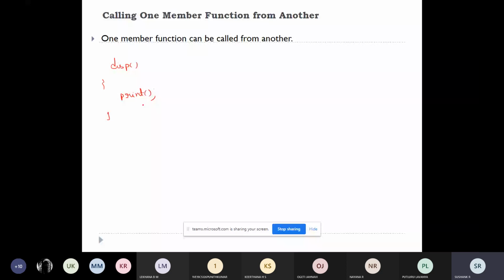So I'll write a program to illustrate this also. Let's take class demo. Class demo contains one variable called x, and two functions.